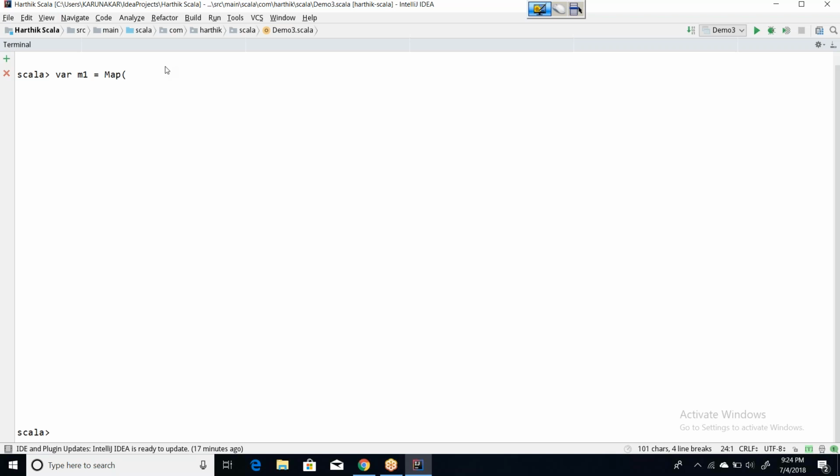And we have one more that we are going to discuss now, that's called a tuple. But in this map, every element will be a pair. I will repeat the statement: every element in this map is going to be a pair. Before that, let me just get a list. This is a list. Now I write val m1 equal to map of the first element. Let us say name, comma, name is Scala. This is the first element. Second element,